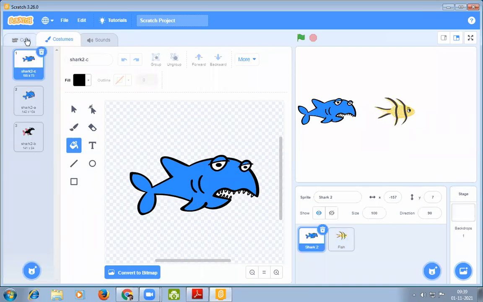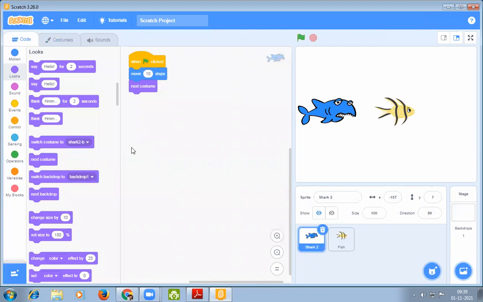So this way we can create a story. Okay, let's see. So for example, this one is a hungry shark, roaming around the sea, searching for food. Now we are going to start the movie.